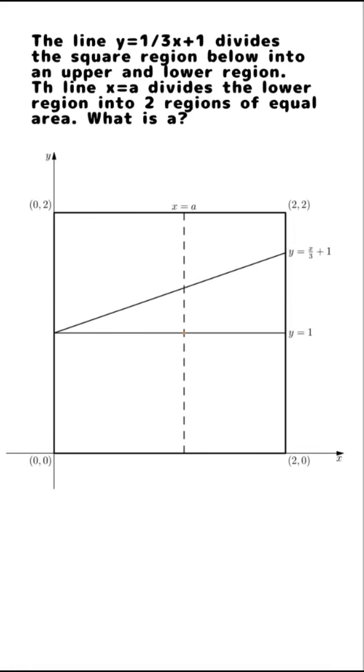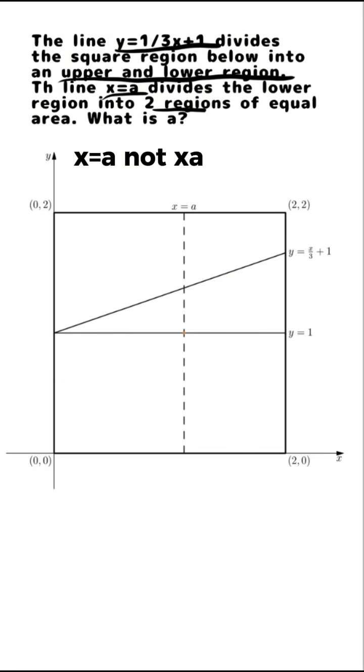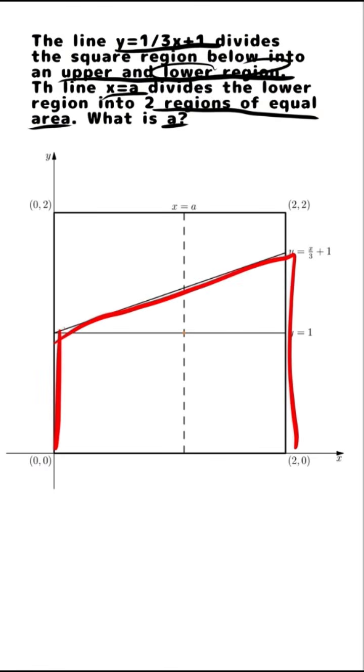Problem 6. The line y equals 1/3 x plus 1 divides the square region below into an upper and lower region. The line x equals a divides the lower region into two regions of equal area. What is a? So first we should probably find the area of the red lower region, which is